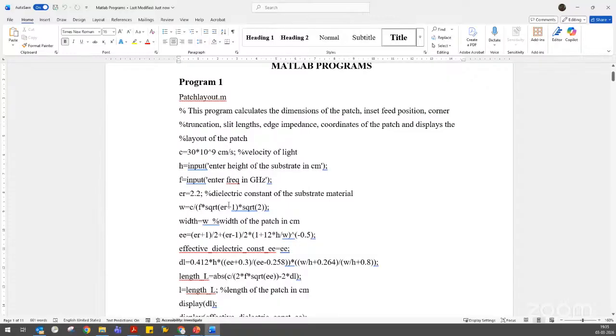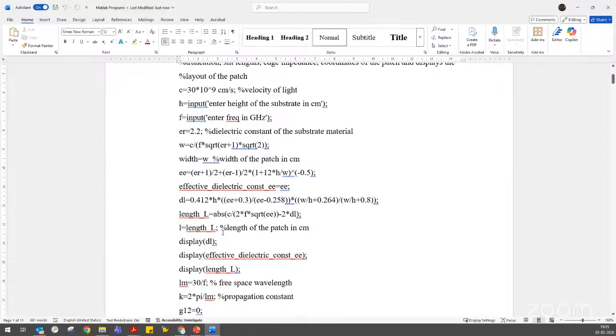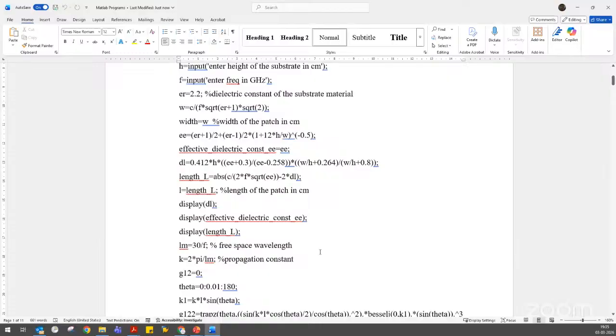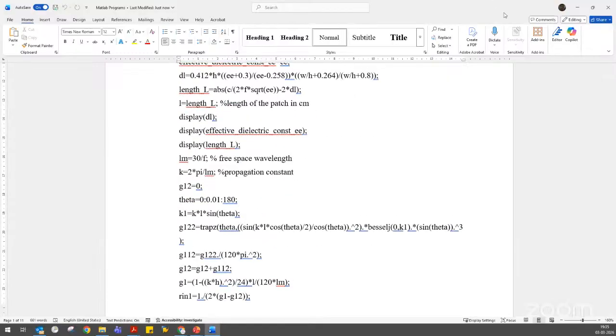Once you run it, it will ask for your inputs: enter the height of the substrate in centimeters, enter the frequency in gigahertz. The dielectric constant I have already fixed as 2.2. You can change it depending on the substrate available. It will calculate the width, effective dielectric constant, length, and display everything.